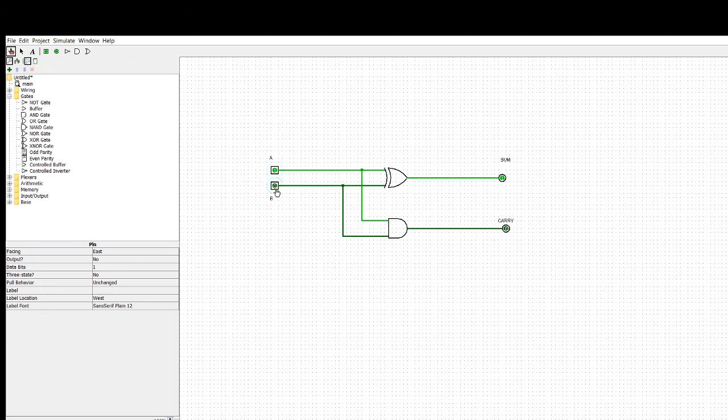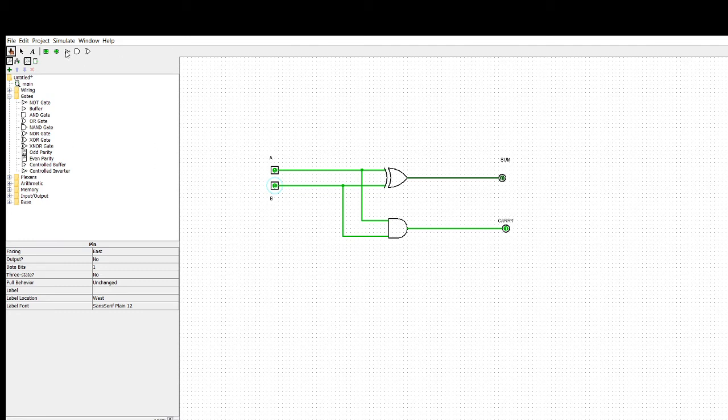Now I am applying 1 0. The light green color means that the line is carrying 1. So 1 is logic high. So this is my output. The output is 1. One input is 1, so 1 plus 0 is 1. If both the inputs are 1, 1 plus 1 will be 1 0. Sum should be 0 and carry should be 1. So both the inputs are 1, the XOR output becomes 0, and the AND gate gives 1 as output. Okay. So these are the basic operations.